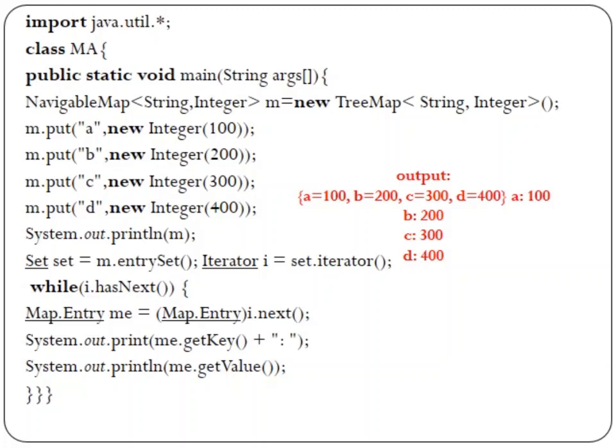Then hasNext method is used to check whether the elements are available or not. Now it is going to check whether the element is available or not. Yes, element is available. Then this method is going to return a true. Then i.next is a method where I am making use of typecasting belonging to the Map.Entry, and the return value should be assigned to the Map.Entry interface. So next is a method which is going to retrieve the value and store it into the object called Map.Entry and point to the next element of the interface.